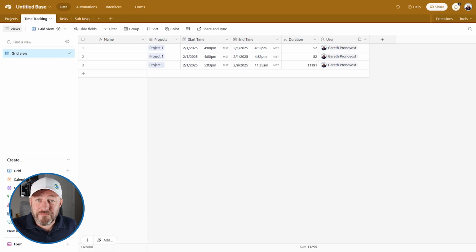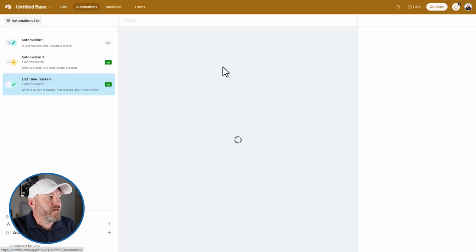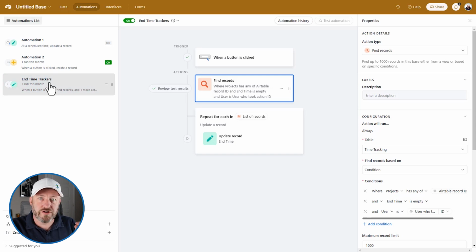Now, addressing one final question here, somebody asked the very smart question of how do we handle time track logs that were not ended? And of course, this comes into play on this very time track log. Look, I started this on February 1st and it didn't end until February 9th. This client is not going to be happy when they receive a bill for 11,000 hours. It's obviously not correct. So we should build some sort of an automation that closes out time trackers on a